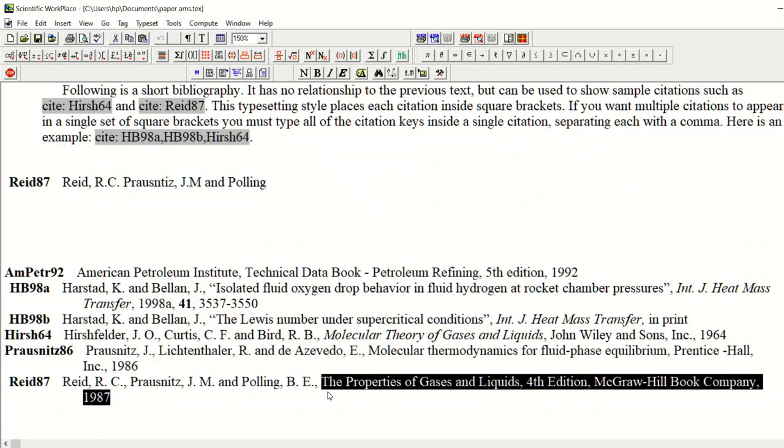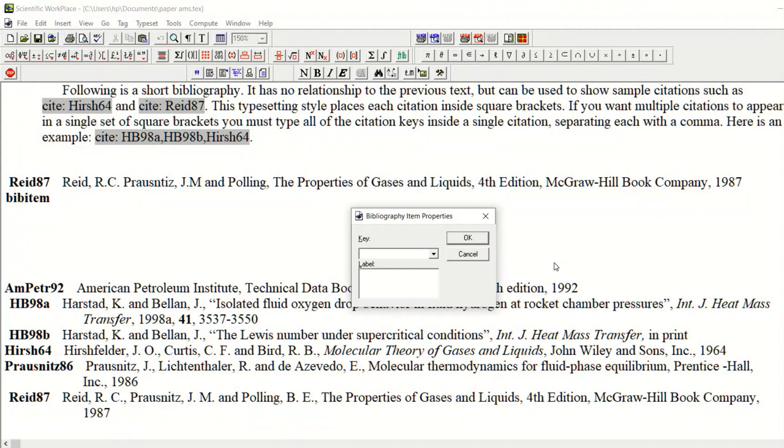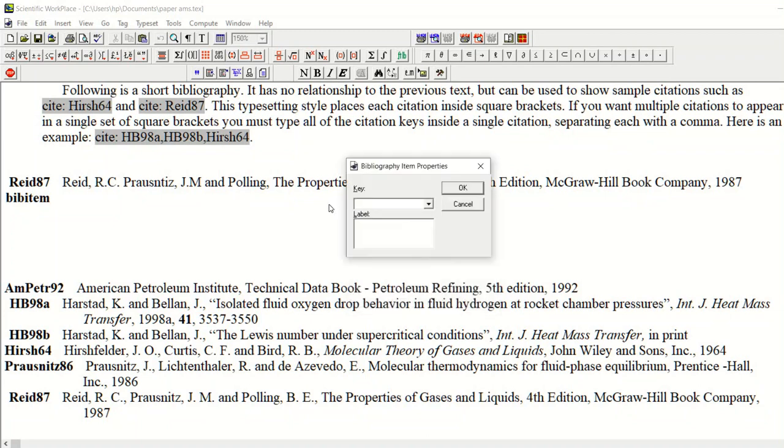We can copy and paste this line here. In this way we have written the first item of the bibliography list or reference list. If we want to enter the second item, we will press enter at the end of the reference. Again, the bibliography item properties dialog box appears and it is requiring the key of the next bibliography item.